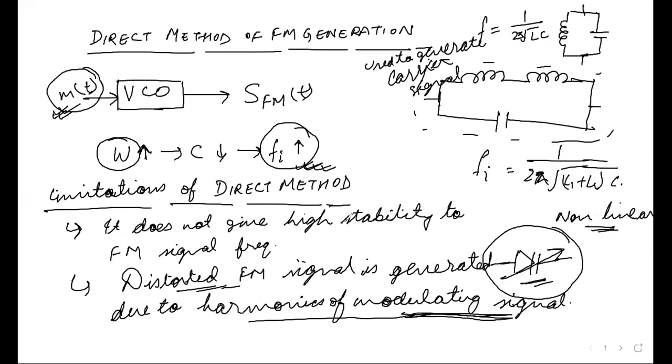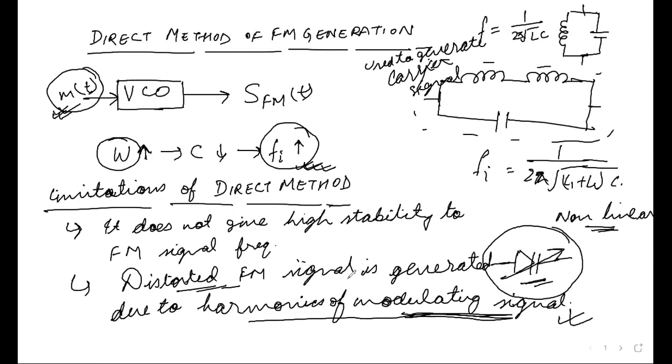And as we are using the LC oscillators, these are not very much stable. So if they are not very stable, we will not be able to use them much in broadcasting, because if they do not provide a stable frequency signal, it will be difficult to form a pure signal. So it is not used in broadcasting. Due to these two limitations, this is not used for broadcasting purposes.